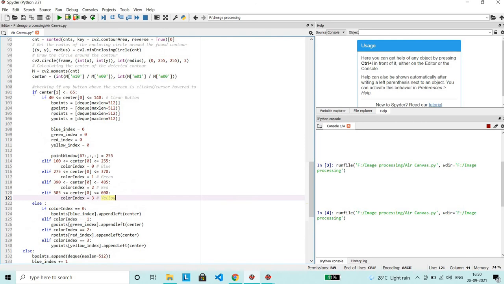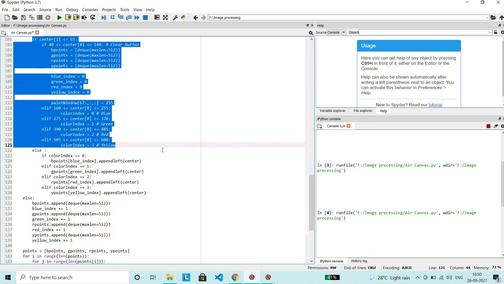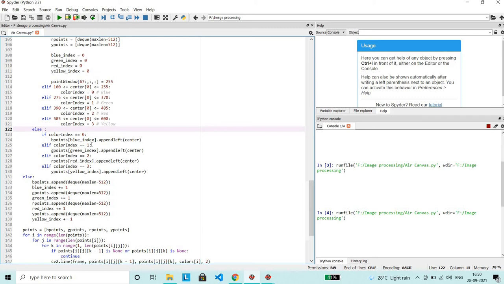Now this is the point. If we have found the center which is less than 65, this means the coordinate is above the 65 line, above the rectangles that are defined there. If the center coordinates are not on that point, this means that we need to draw on the screen. Whenever the color index is set to 0, we append those coordinates into the deque of blue color.